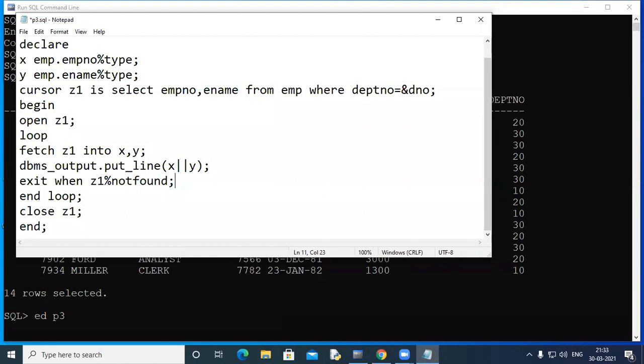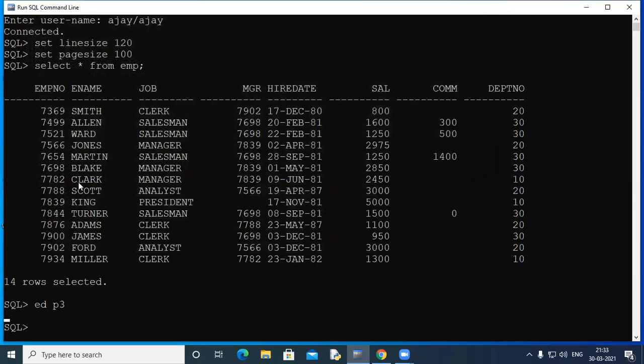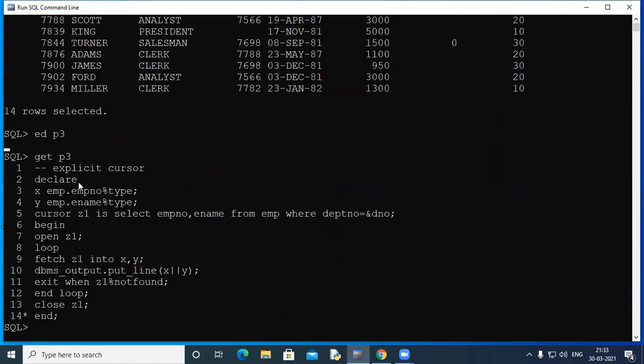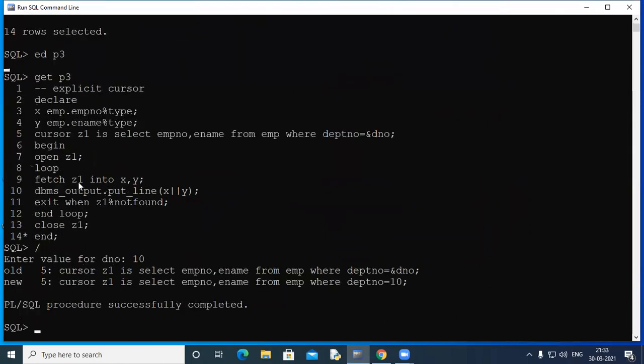Okay. So let's run this now. One by one, I'll take all the 4 attributes. We'll see how to write them, right? So we can write here, and then we can get P3 and we can run it, say 10. So again, I think we just started a new session and we forgot this.